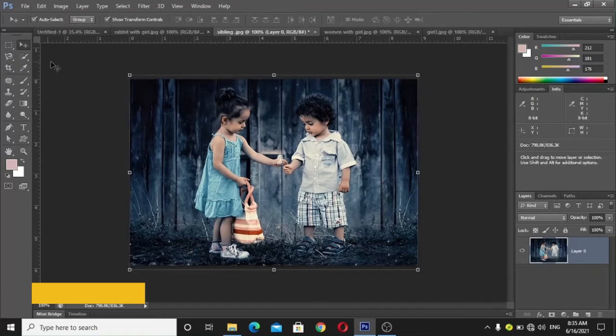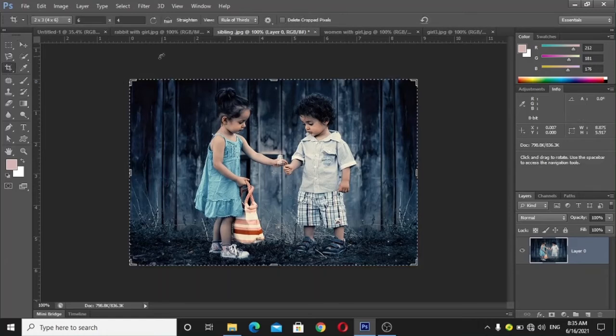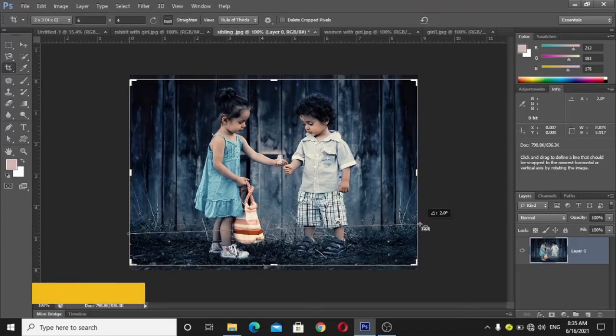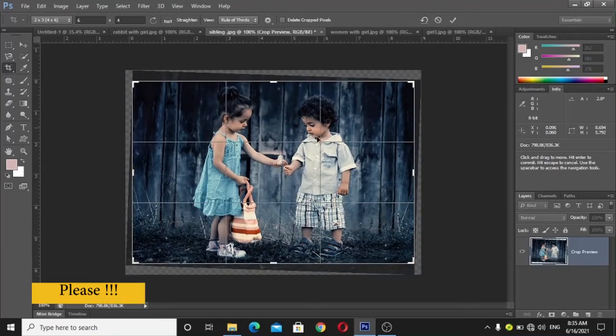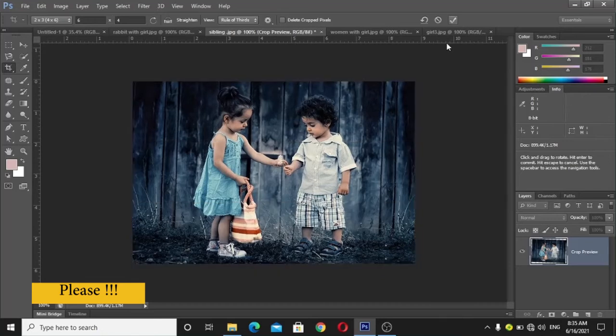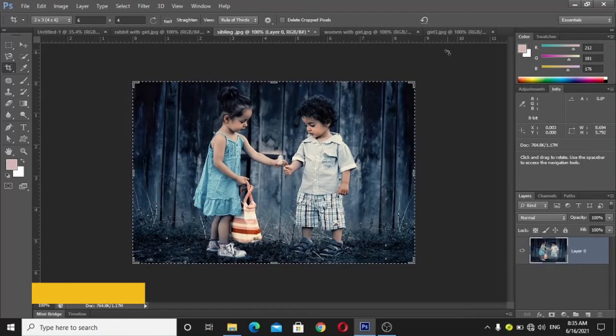And if you want to fix a portion of the picture that is not straight, like a horizontal line, crop tool also contains a subtool that is called straighten. You can click on straighten and draw a straight line along any object like this. It will even tilt the objects.